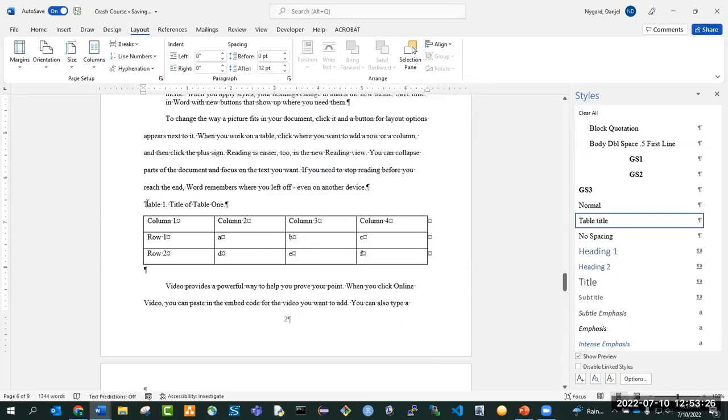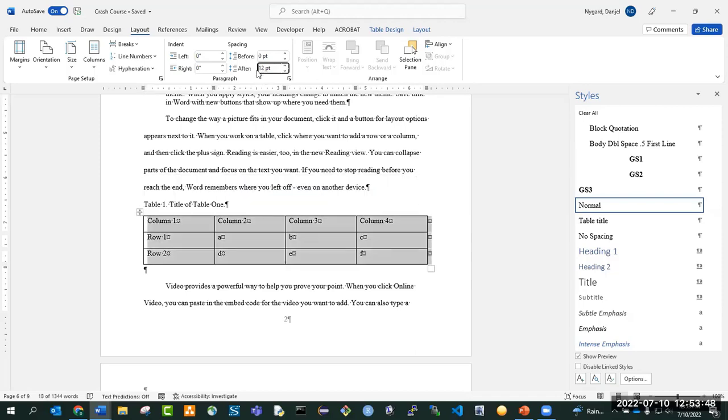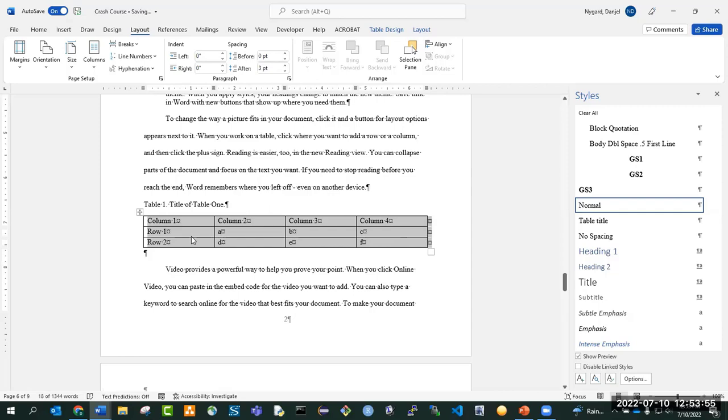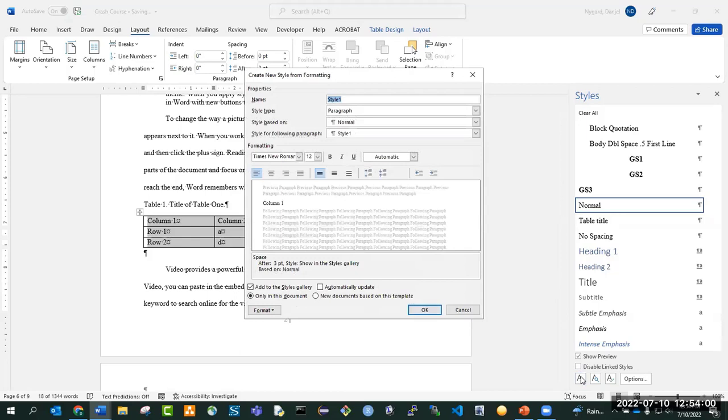And now as we move forward, just like in our previous lesson with the GS1, 2, and 3, this table title style needs to be only on your table titles. If it goes anywhere else, there's going to be problems. So just be careful that this here stays in normal or something else. In fact, what I do in the template is I remove all this extra spacing here. I make it about a 3-point size, or I make it go 3 points just like that. And I make a new style called table text,